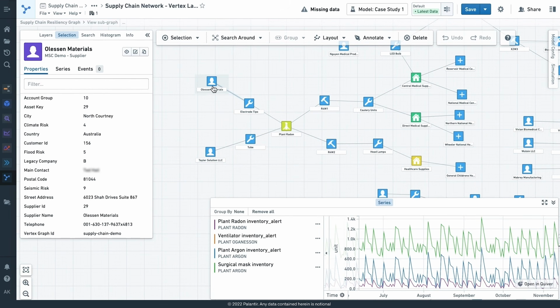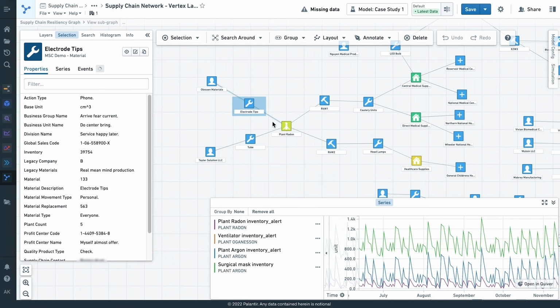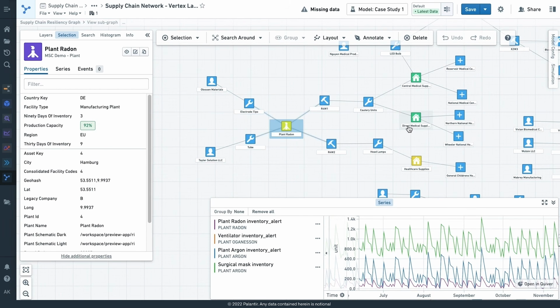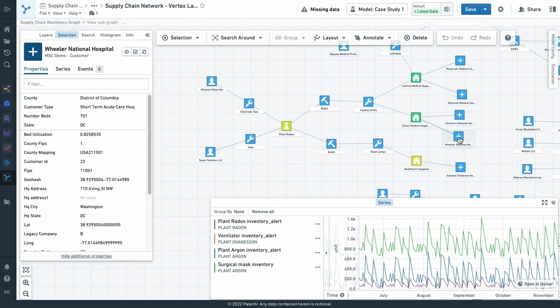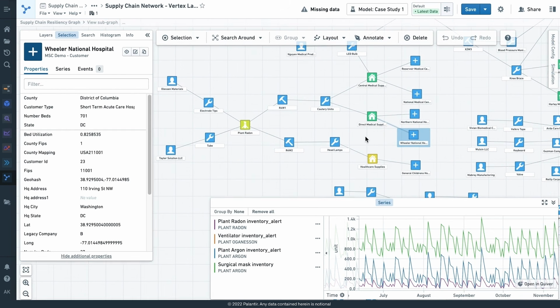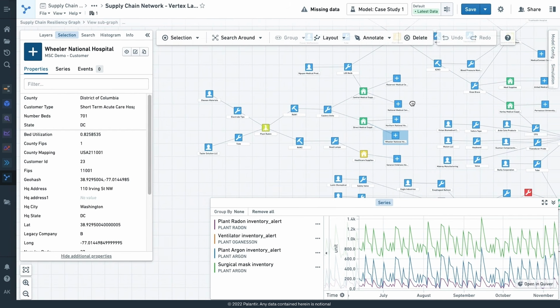So in this case, this is an example based off of one of our medical supplier customers, loosely based off of, anonymized of course, the work they did during the early phases of COVID, where they needed to map out the full flow of how they were building and shipping ventilators, from their upstream suppliers to intermediate goods to their plants, all the way down to their distribution centers and their end customers themselves. And so what this is showing is the bird's eye view of the entire value chain, right?